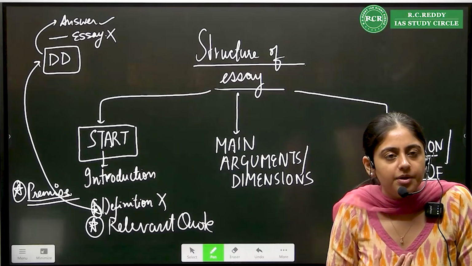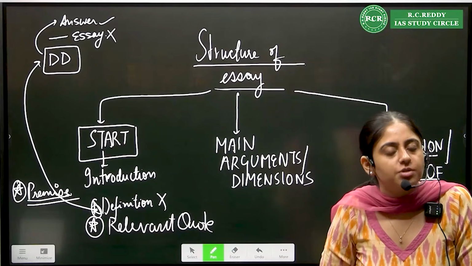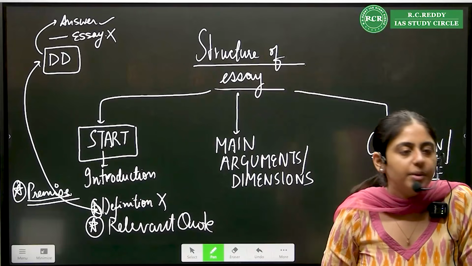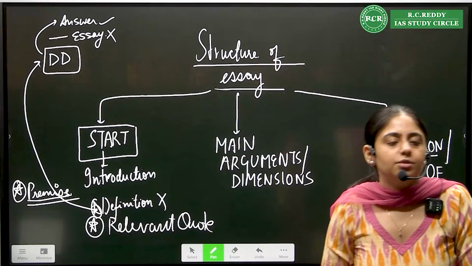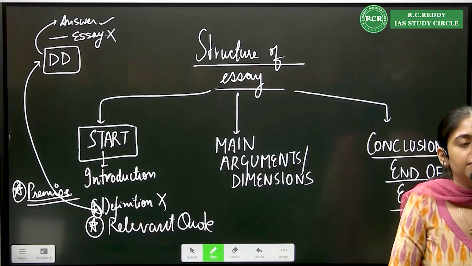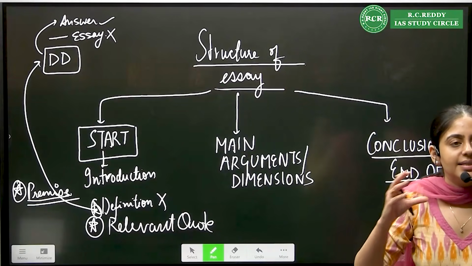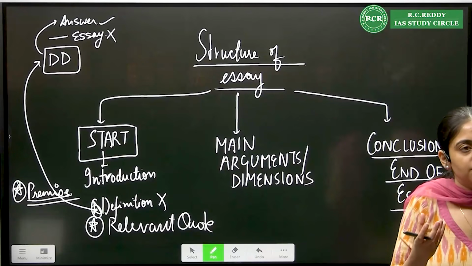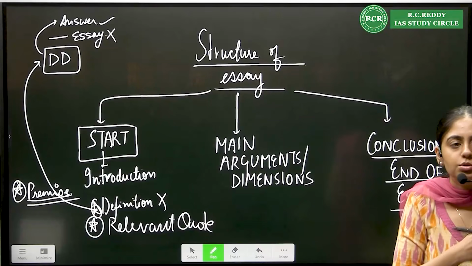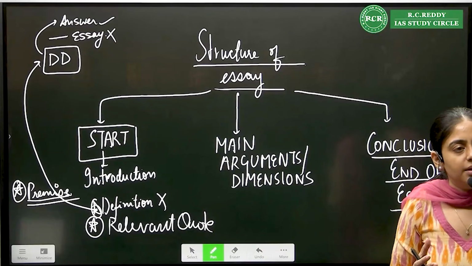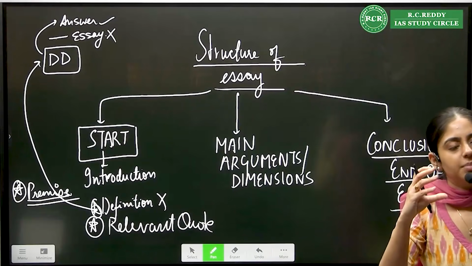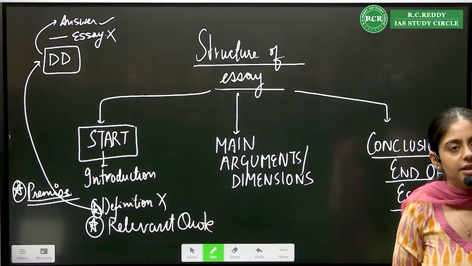And I'm not asking you to write a full page or something. Just a small paragraph. Somebody asked how many lines in one paragraph. See, there's no hard and fast rule, but a paragraph is usually a little less than half a page, right? You can even write a smaller paragraph than that. There is no rule about it. Just ensure whatever point you are discussing fits into that one paragraph, and then you change to the next paragraph.